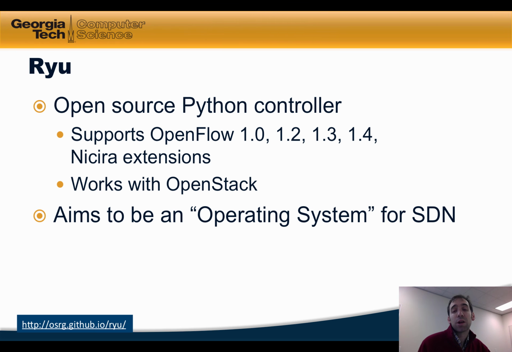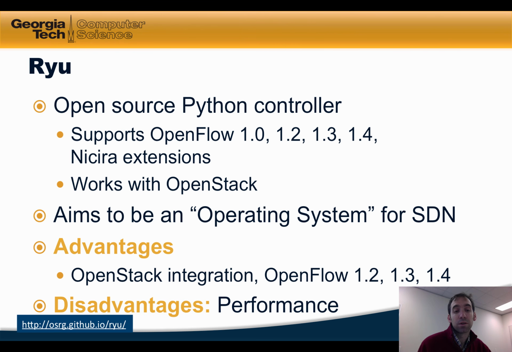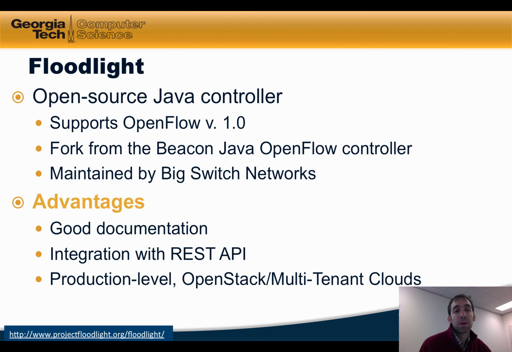In some sense, it aims to be an operating system for SDN, and its main advantages are the support for all these versions of OpenFlow and its OpenStack integration. A disadvantage of Ryu with respect to some of the other commercial-grade controllers is performance. Floodlight is an open-source Java controller that supports OpenFlow 1.0. It's a fork from the Beacon Java OpenFlow controller and is maintained by Big Switch. Some of the advantages include good documentation and integration with the REST API. It's also production level and